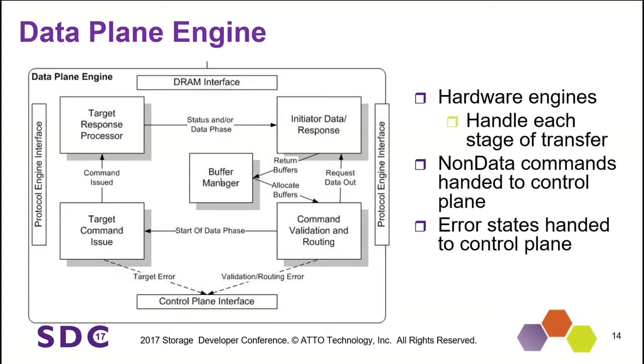So what we're doing here is we have protocol engines at either side, so we can do our conversion. Say, for example, you've got Fibre Channel over here and you have SATA over here. Typical example for us. So you have a protocol engine on either side. All of those steps have to happen. The command has to be validated. You have to allocate buffers for it.